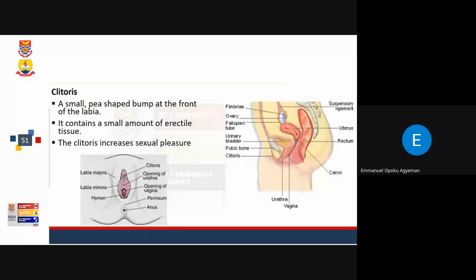Again, as mothers, we should make sure that our girls wash their undies and dry them very, very well. You see, most of the girls tend to wear damp undies, and all this goes a long way to help grow the microbes that cause this kind of candida. So we have to look at all these things. Again, my mom said that if it were advisable, every woman should separate her undies from the normal clothing. If you can get a small bag that you pack all your undies in, so that it doesn't mix with your main clothes, it helps to prevent more of this kind of candida and stuff like that.